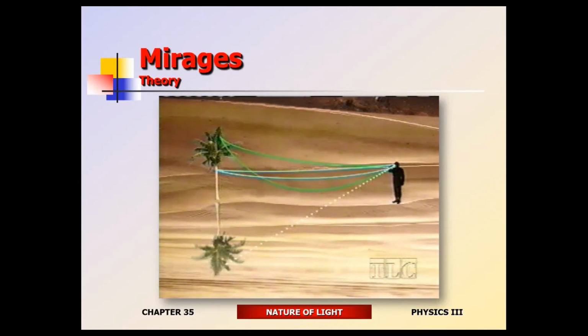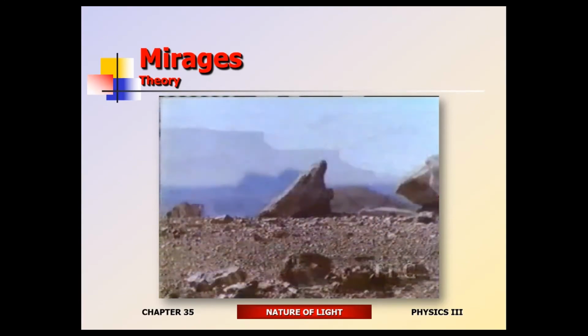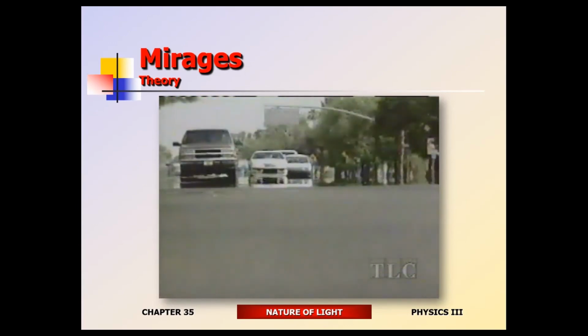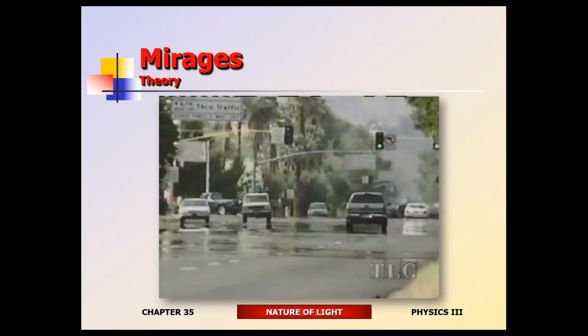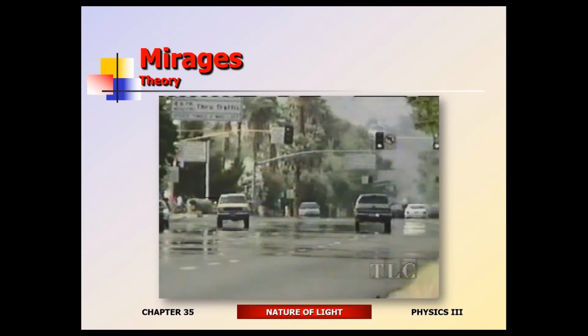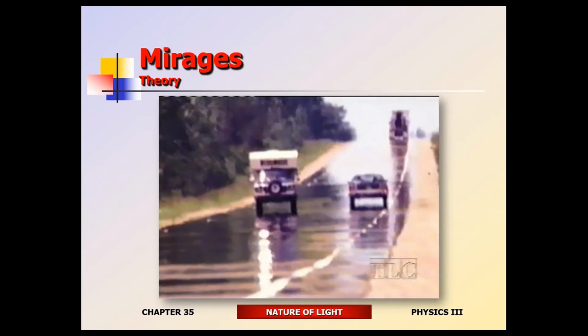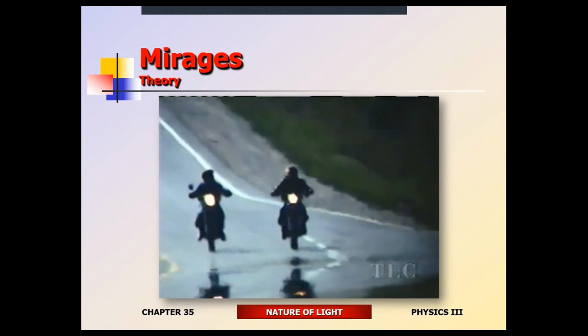Inferior mirages are low-level atmospheric phenomena that can happen over water or land. When the air just above the surface is hotter than the air a few meters higher up, the conditions are right for this confounding optical illusion. Light rays passing through the atmosphere bend with the variations of temperature, and wavering double images appear near the surface. Everything that you see in a mirage is a distorted image of something that's really out there, caused by the fact that light rays are not taking a straight line path through the atmosphere. The human mind may interpret these images as reflections in water, yet the pavement in this scene is actually bone dry.